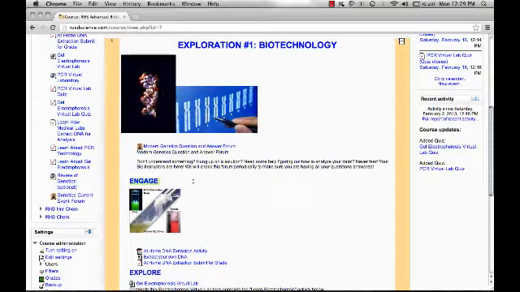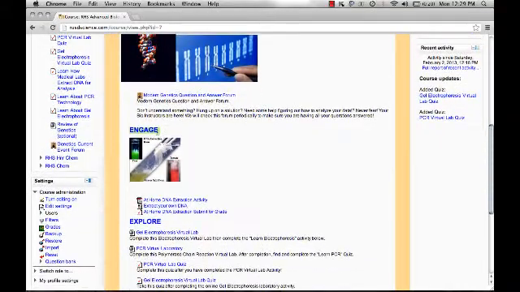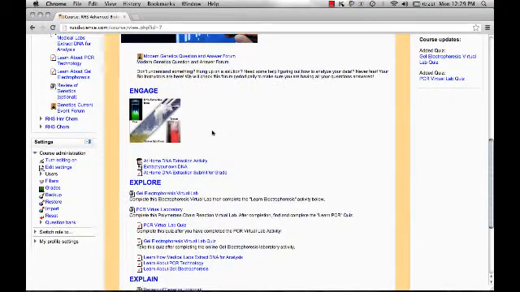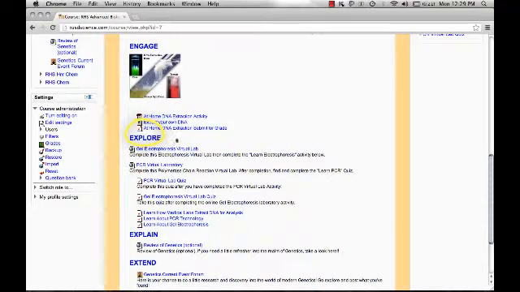You can scroll down a little bit further, and you'll see this Engage section. You're familiar with this section because this is where all the information you needed for the DNA extraction take-home activity was. I got some great photos from a lot of you, and I know there was some trouble importing photos from your cameras onto Moodle. We're getting the kinks ironed out, so we'll post a video on here showing you how to properly upload videos of your experiments so that maybe we won't run into those problems again. You can continue to come down to the Explore tab,